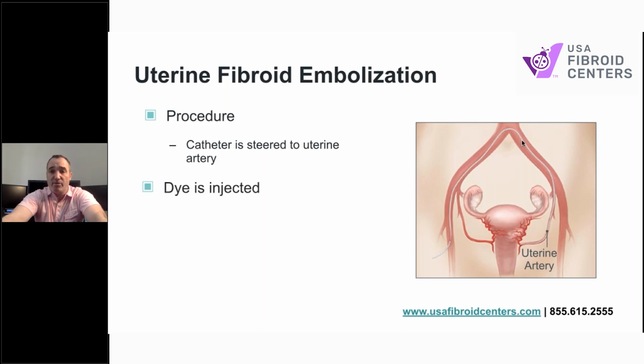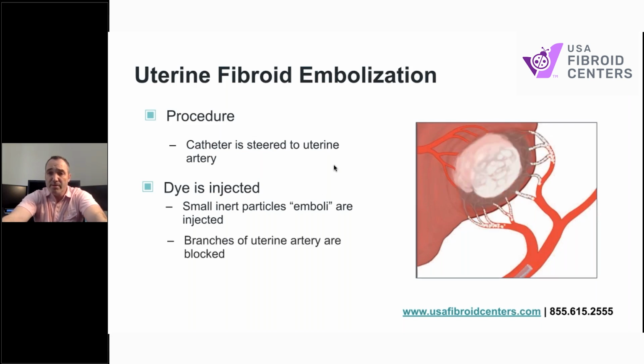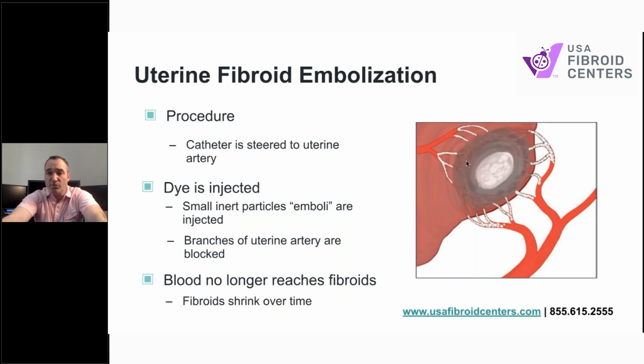Basically, we stick a needle or a catheter into the artery. We place a catheter over the bifurcation, and first usually into the left side, into this little small artery known as a uterine artery. We inject some dye, and then we inject these small particles which go into these vessels. And I always tell people it's basically like taking a big juicy grape, and as the particles go in, they block the blood flow, and blood no longer reaches it, and it turns into a shriveled up raisin.